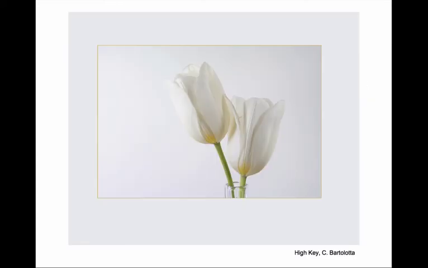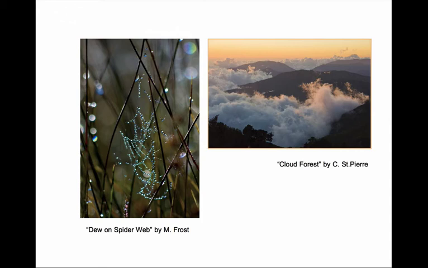This is an example from Charlie Bartolotta of a high-key image, and he had to control the light on that subject so that he got even lighting and that nothing was overexposed, and it results in this beautiful high-key image. And these, again, the exposure was critical. On the left, the dew on the spider web, I worked and took many shots of that in order to get the exposure that illuminated the dots of water on the spider web and didn't overexpose any part of it. And similarly at the right,